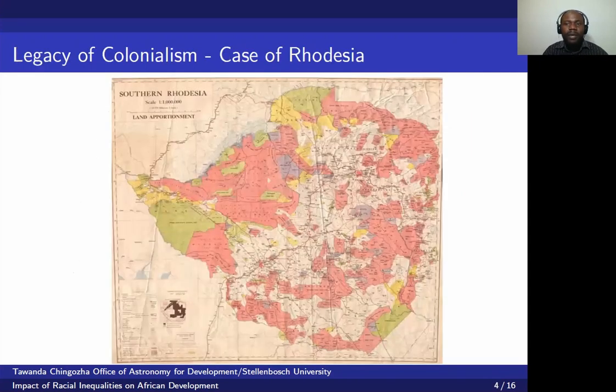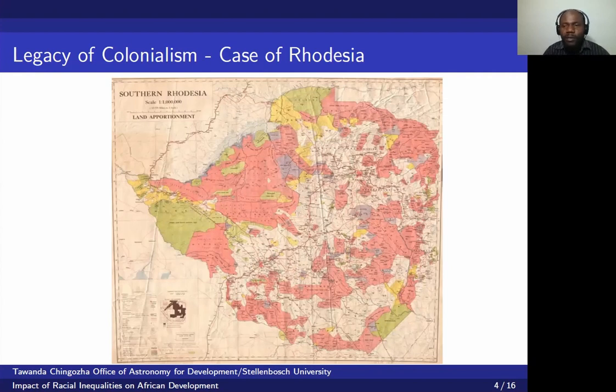So this map here shows Rhodesia, which is now present-day Zimbabwe. It was called Southern Rhodesia at some point before it reverted back to Rhodesia until 1980, which was the attainment of self-rule by Zimbabwe. So this picture is important because it also epitomizes the sort of status quo across many other African states, whereby there was land segregation across access to resources, across access to the land, access to education, access to health, access to capital, among other